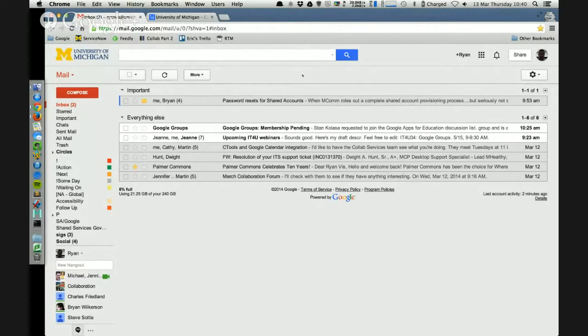So I just want to preface this next little bit. I am going to be talking about a tool that is an add-on to Chrome. I believe it's an add-on to Firefox and a couple other browsers. It is not a Google product. It is not something I'm compensated for. In fact, I've given this company money, but it is a well-known and trusted add-on that a lot of folks use. If you are interested in it, I'm happy to discuss it in a lot more depth with your individual group. But I do want to put the disclaimer out here. I am going to be talking about something that is not Google and is not officially supported by U of M, but it is super cool.